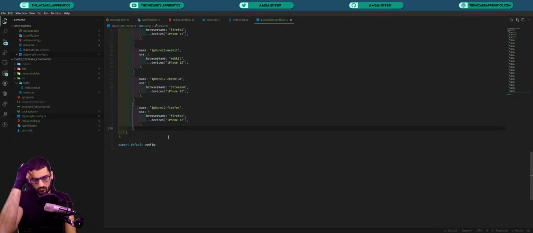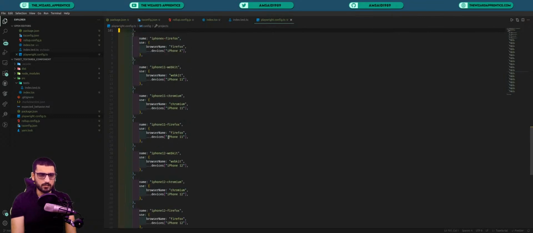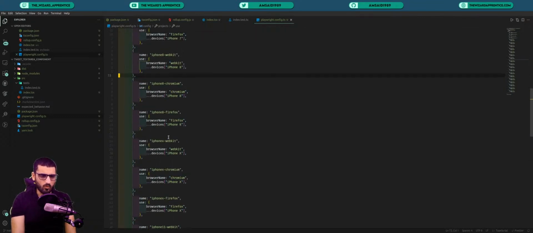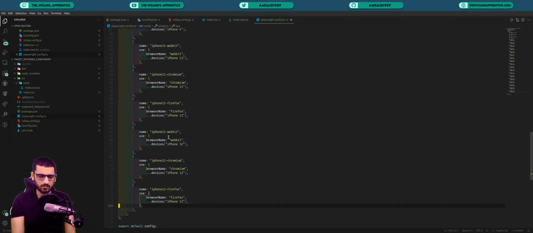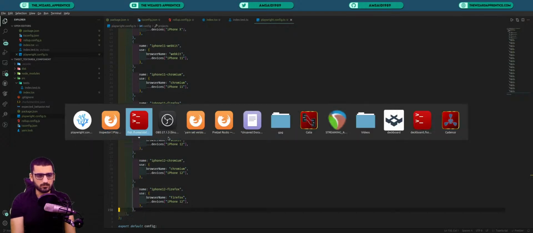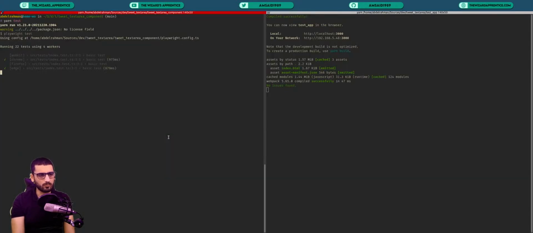So yeah, we've basically added devices for all of the possible iPhone versions. There's an iPhone XE or SE. I don't really think we need to actually test for it. I'm assuming everything would be the same. To be honest, I don't think we really need to test for all of these, but just to be safe,